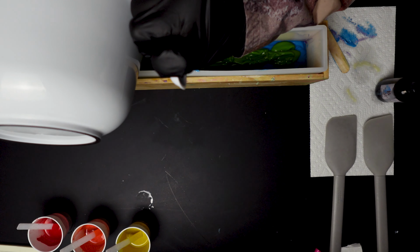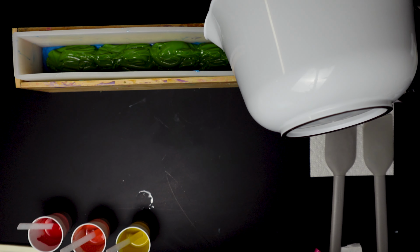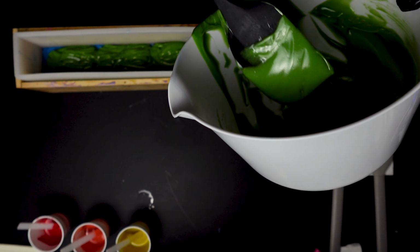This definitely would be easier in a larger slab mold. But I'm not at that point where I feel like doing slab soaps again. Not that I'm afraid of it or whatever. I just know that